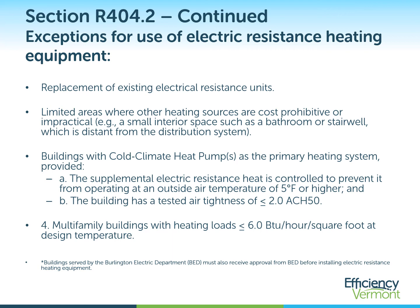Electric resistance can be used in spaces such as bathrooms and stairwells. So this accounts for adoption of whole house efficient heat pump systems and gives some allowance for the distribution limitations of some of those systems to allow for electric resistance heat. Buildings with cold climate heat pumps as the primary heating system: supplemental electric resistance can be used in the circumstances listed above, the limited areas as noted above,